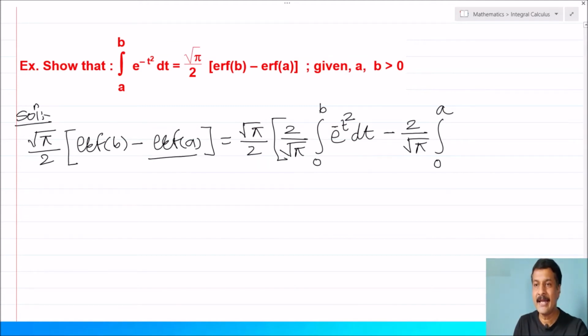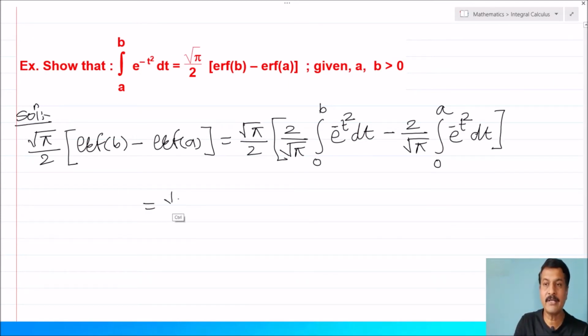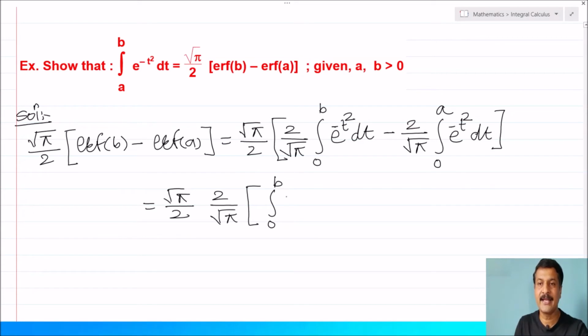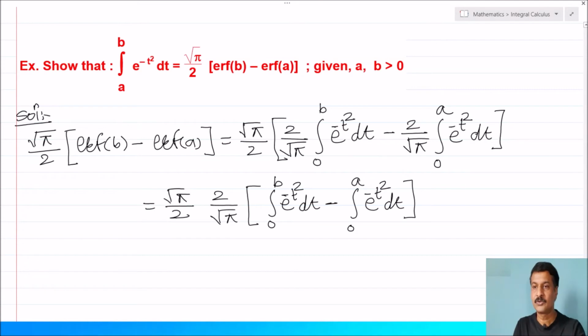Note that here is the definition of the error function of a, e raised to minus t square dt. Now common out here 2 by root pi, so root pi by 2 as it is there, and here common terms 2 by root pi. So inside I am getting integration from 0 to b e raised to minus t square dt minus integration from 0 to a e raised to minus t square dt. So this 2 gets cancelled, this root pi gets cancelled, and I am getting the result